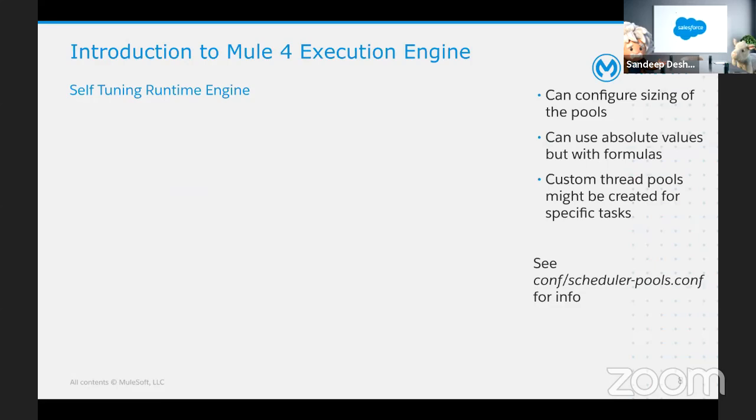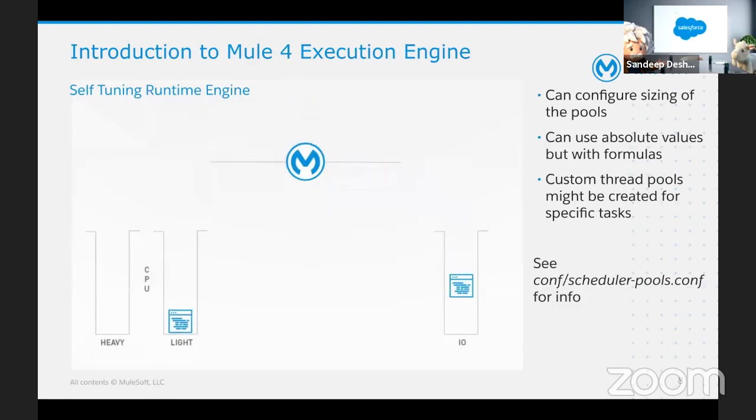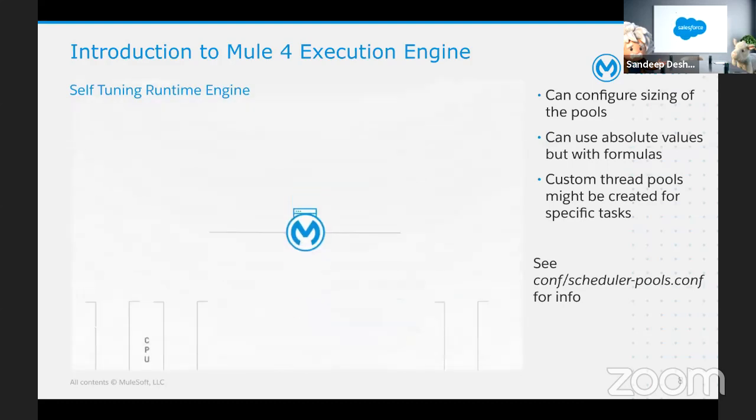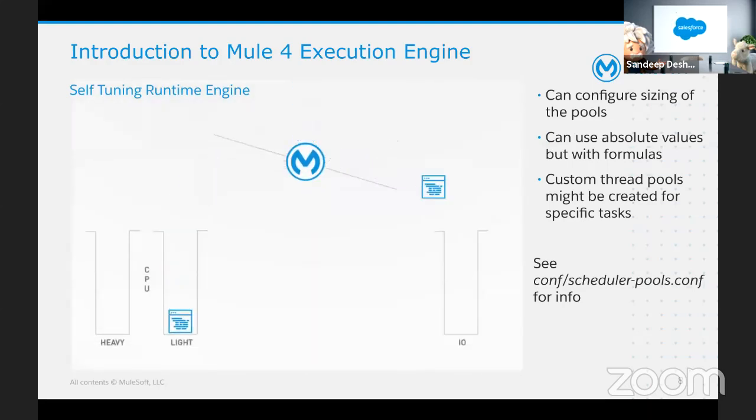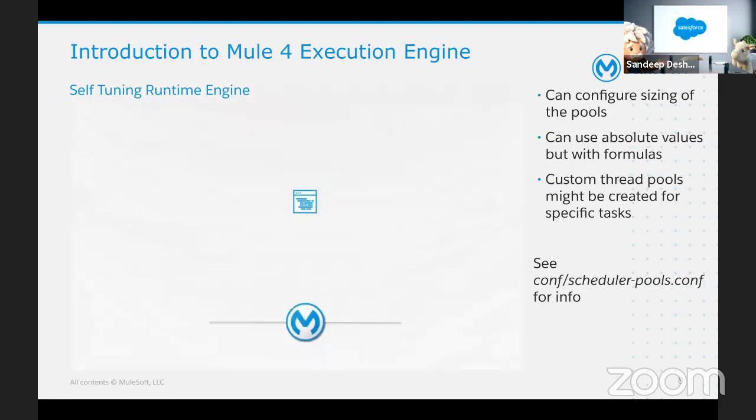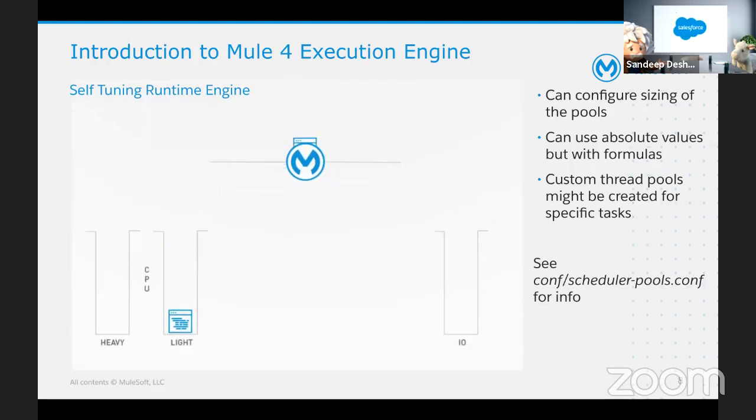Now comes the new self-tuning runtime. All the threads in Mule are categorized by the scheduler engine, and it will categorize whether the event is a CPU light event, a CPU intensive heavy event, or an IO event. If you have a one core machine, we have formulas by which we calculate the number of CPU light threads, CPU heavy threads, and IO threads. And if you want to take a look at the formulas,